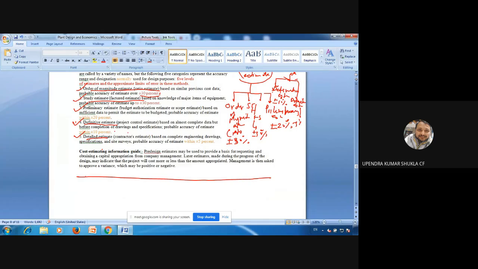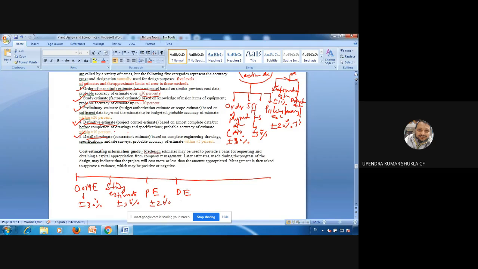So in this line, there are different names for estimate. First is order of magnitude estimate. Error is plus minus 30%. Second is study estimate. This will be plus minus 30%. Third is preliminary estimate, plus minus 20%. And next is definitive estimate, and